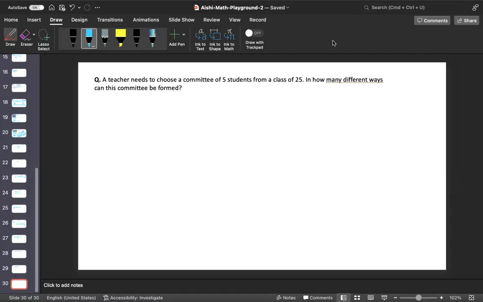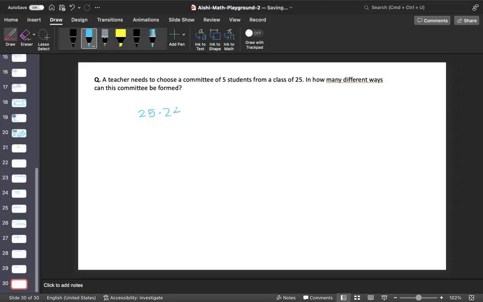Okay, last question. A teacher needs to choose a committee of 5 students from a class of 25. In how many different ways can this committee be formed? Obviously, this is a combinations question because we don't have to order anything. So if we try this like permutations, but we're not going to make the answer like we would if this were permutations. So we have 25 choices to choose a student, and then for every